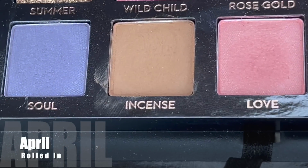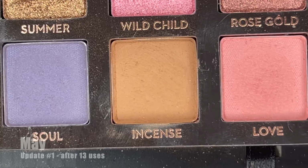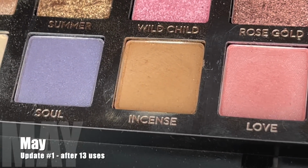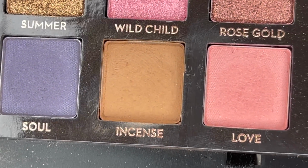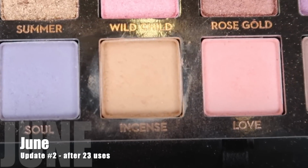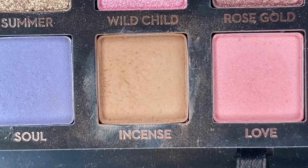So here's what it was looking like when I first brought it into the project. Not a lot of use on it, not a lot of use on this palette in general. I reached for it 13 times during the first month. Here's what it was looking like then. In the second month, I reached for it 10 additional times, making for 23 uses total, and here's what it was looking like last month. And then this month, I reached for it 7 additional times, making for 30 uses total, and here is Incense